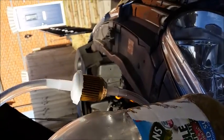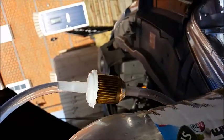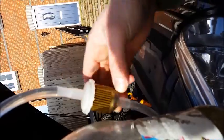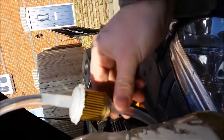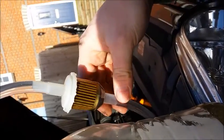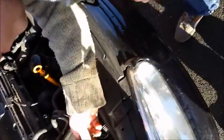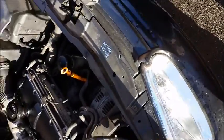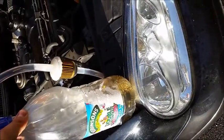That's definitely collected stuff now, look. You look at the filter now. It's not very good on the camera, but if you can't see it on the video, that filter is definitely progressively getting dirtier and dirtier. It's definitely doing something. I think we've got a slight leak on the line at the moment. I can't believe how dirty that's got already. I was expecting it to maybe be slightly dirty by the end, but...